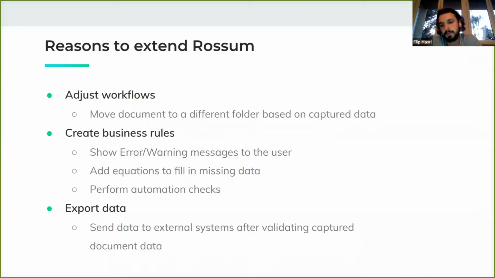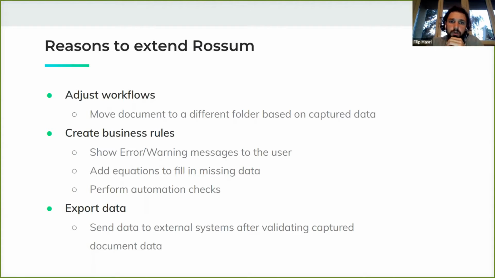So maybe when you send documents to Rossum and you wait until the data is captured by the AI engine, then you might want to get the data in your system, do some checks on that side, and then sync it with Rossum. So you might want to be notified when the status of the document changes, or another use case could be when you're